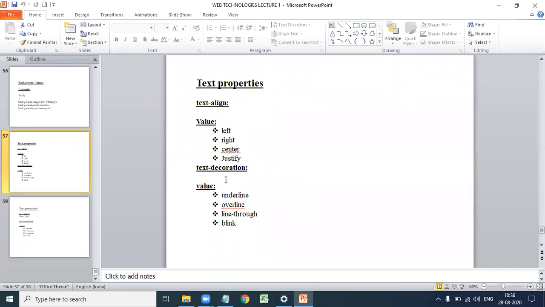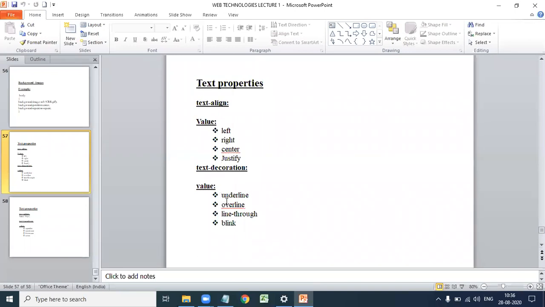Next, text-decoration. This property specifies the decoration added to text. Suppose if you want to add an underline to the text, we use the underline value. That means text-decoration: underline. This is the property and this is the value.